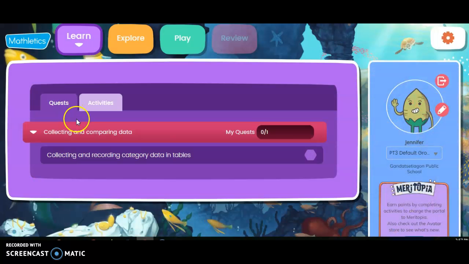Okay, your screen is going to look a little bit different than mine. You are going to have, I believe, 6 different quests in here. And if you check on our Google Classroom for Monday, it's going to tell you which ones that you need to complete for Monday. So the first one is identifying